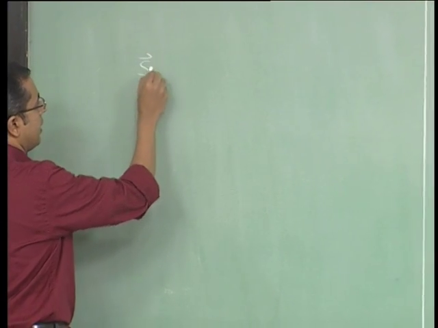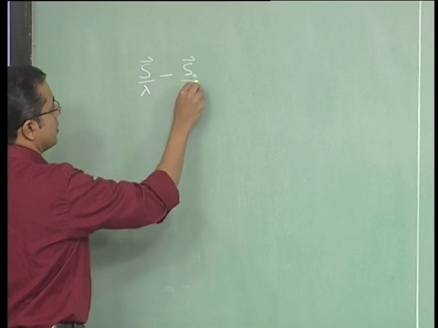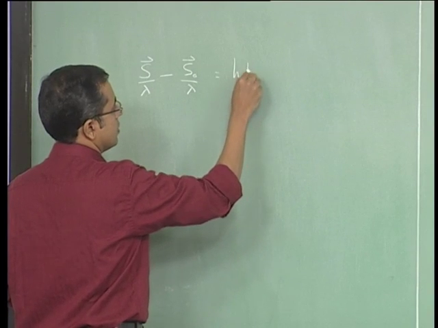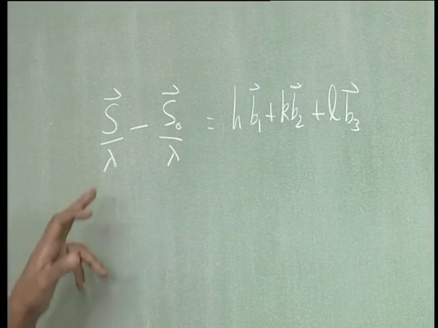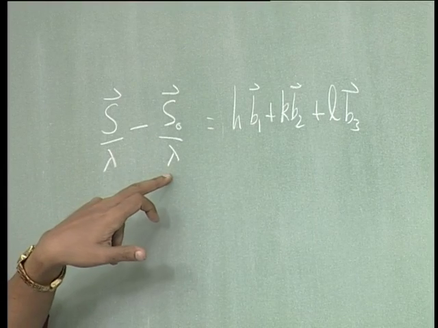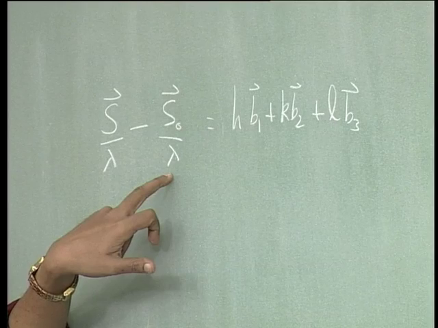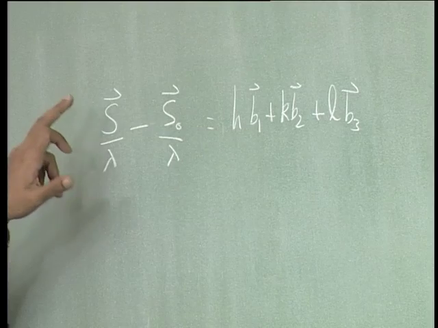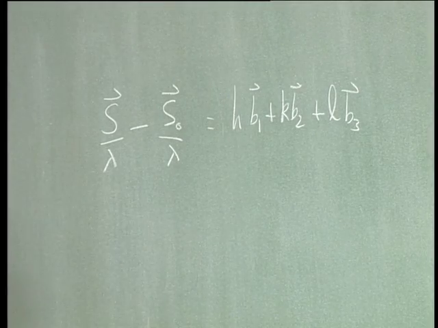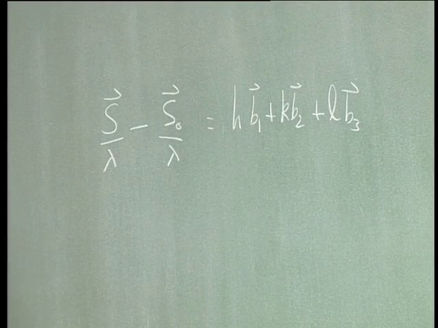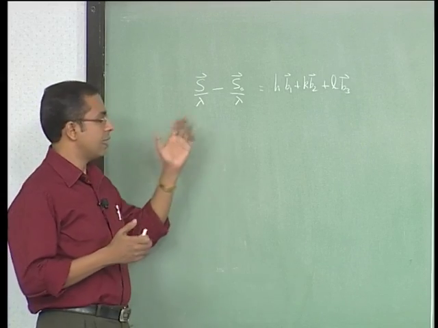Where we finished off last class, we looked at the interaction in the reciprocal lattice notation, and we specifically found that if you have a unit vector in the incident beam direction given by S naught, and 1 by lambda is the magnitude of the wavelength in reciprocal space notation, and S is the unit vector in the diffracted beam direction, or in the direction where we are looking to see if there is a diffracted beam, and again 1 by lambda is the reciprocal of the wavelength, and therefore the magnitude of the wave in the reciprocal space